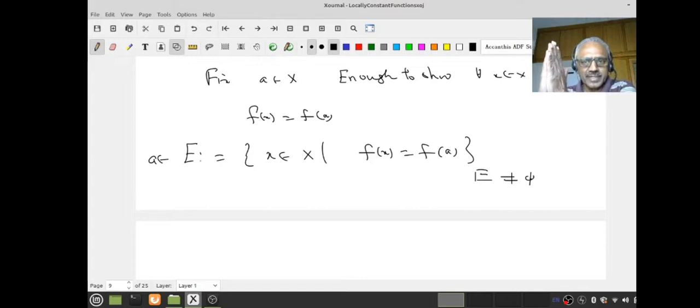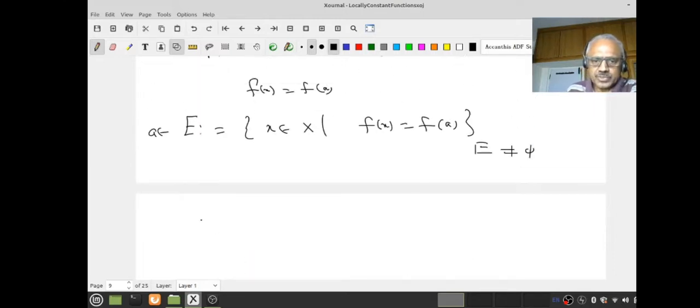Do you see that? This is the typical way you try to exploit the hypothesis of connectedness. Whatever the final result you want, based on that result, you try to think of a subset, make sure that set is non-empty and try to show it's both open and closed, and therefore that set will be all of X. Therefore your result must follow. This is vague, but I'm just giving an abstract strategy, and you are going to see how it works here. Right, now let's prove this.